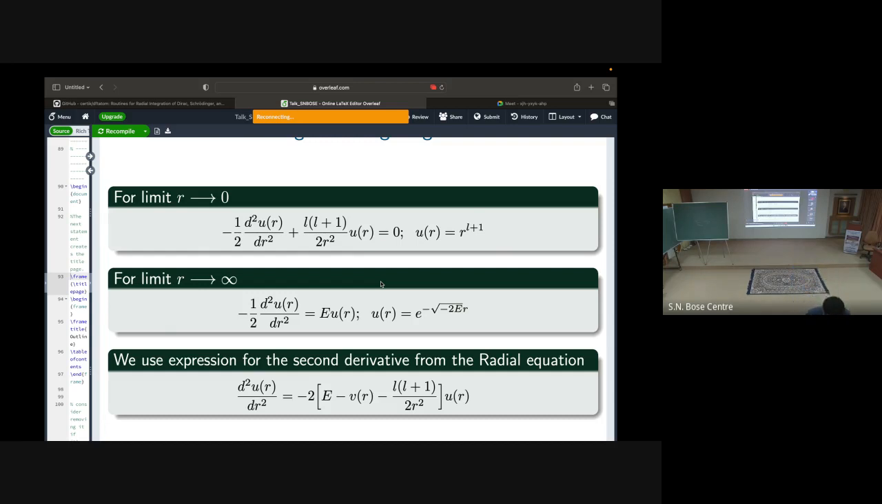So this way, whenever we transform our equation into U, which is r times capital R, the full problem can be converted into a one-dimensional one. Right? Now, in this equation, one thing you have already solved, because there is the possibility that we can solve this equation analytically. For example,